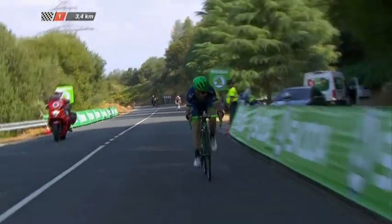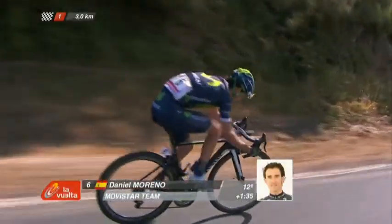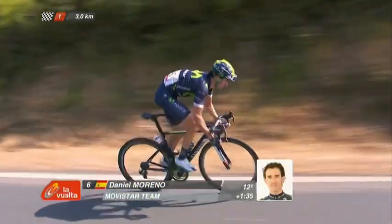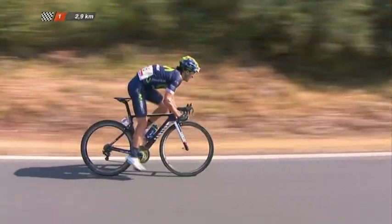It's going to be interesting to see what comes up the road after him, but it's bits and pieces. There's no concerted effort. There's no one team working together to try and drag him back. As we look back to Danny Moreno to see how he can react, and now it's over to Simon Yates